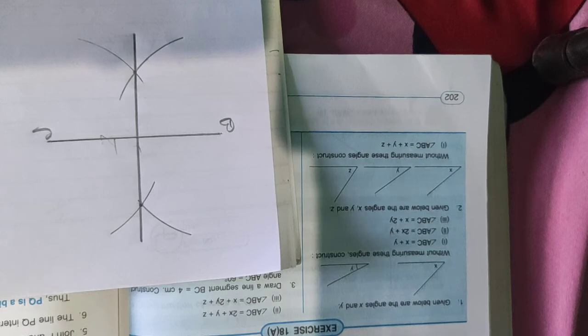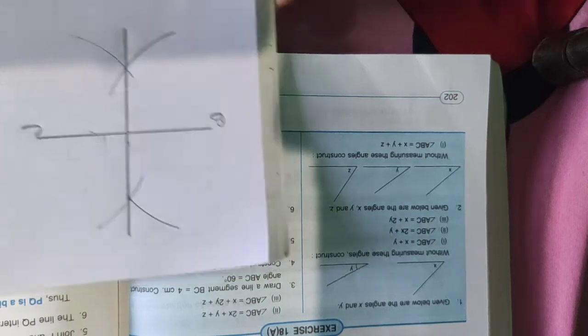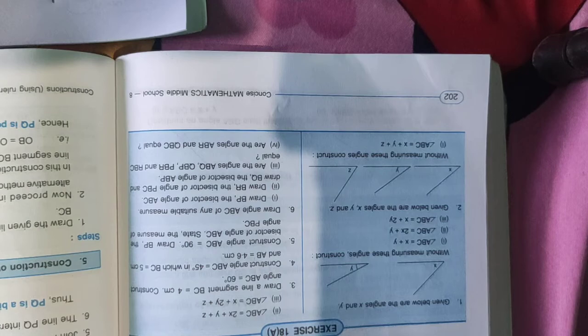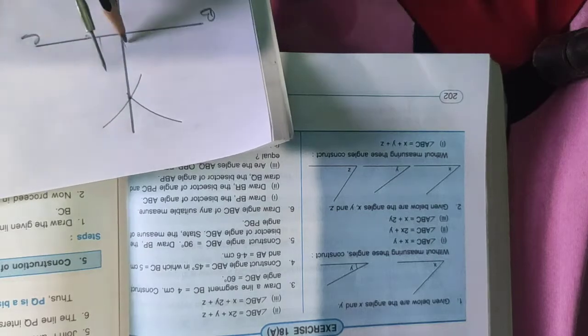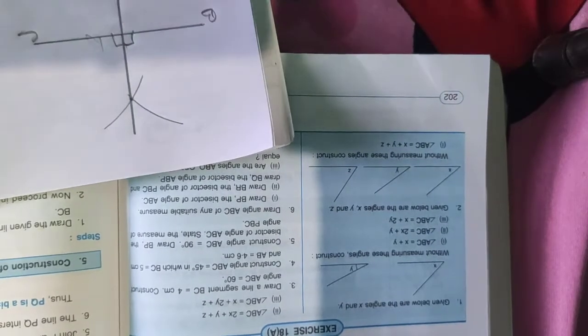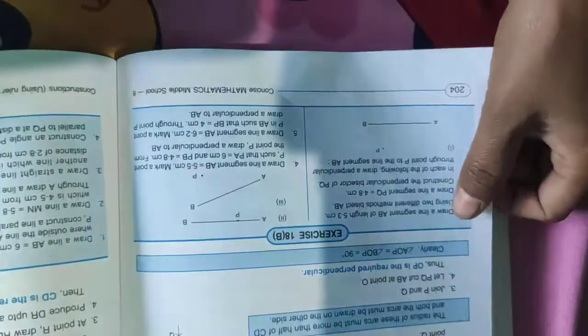Isn't it easy, children? Easily you can draw. This one is very simple. Okay, in the same manner, construction of the perpendicular bisector of a line. This is also known as a perpendicular line because this is 90 degrees. In the same manner you can draw. Now next is construction of a perpendicular to a line when a point is given on it, one given point.